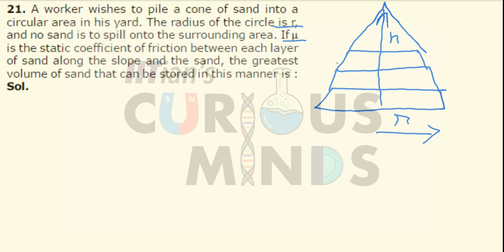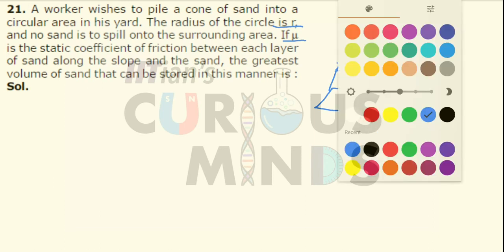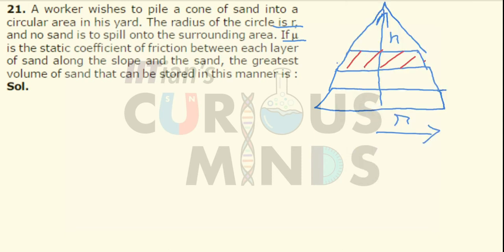So basically, if I take any layer of sand, let us consider this layer of sand. Suppose m amount of sand is above it. Now what are the forces acting on it? mg in the downward direction, normal force in this direction. Now if there is no friction, it will slide down, so the friction force should be in the upward direction